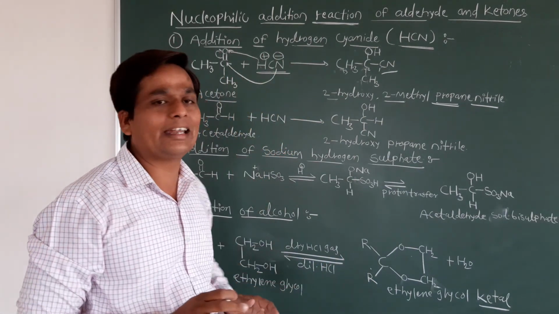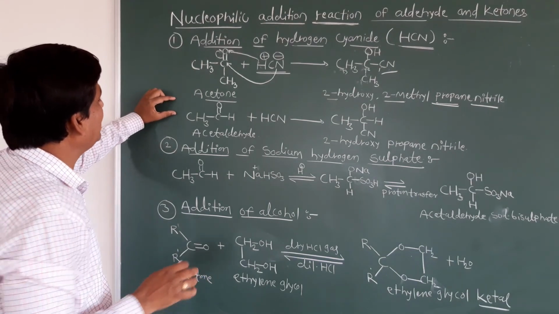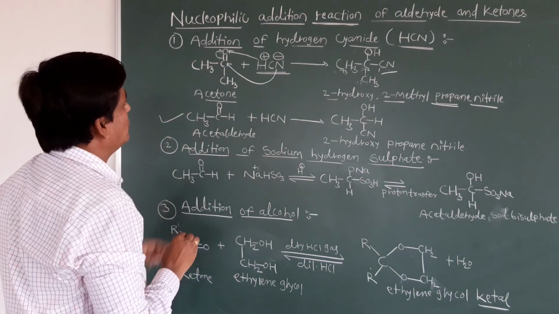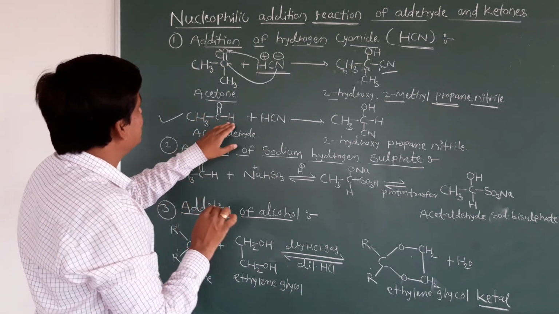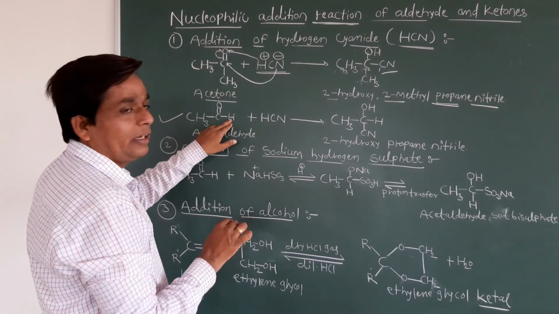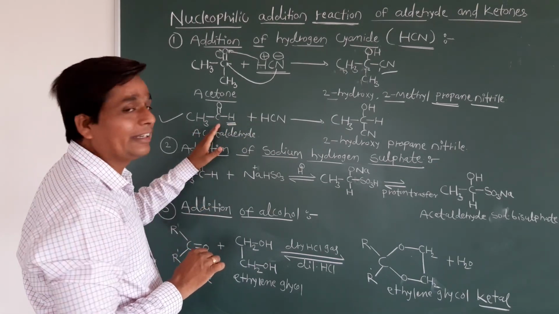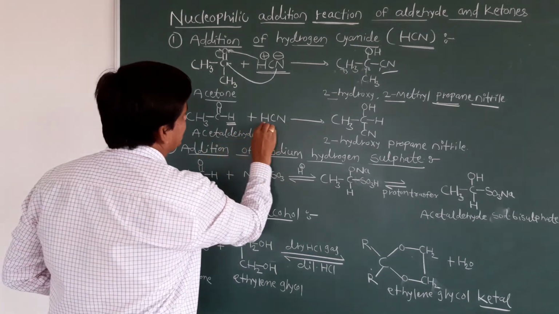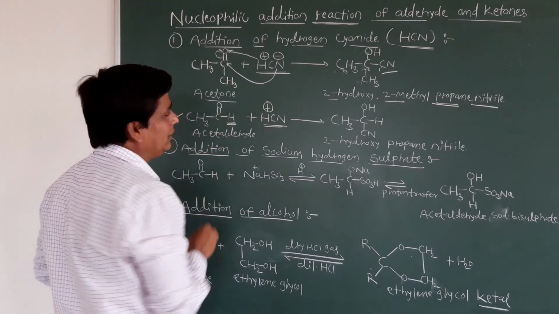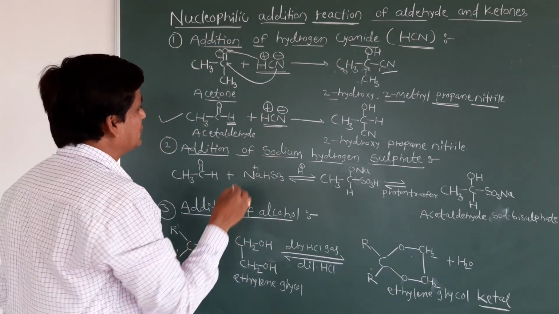So how this cyanide will add? We will see the second reaction. Here I have taken the example of acetaldehyde. Okay, the previous one was a ketone. The same reaction will be there. Instead of this CH3, we will just substitute a hydrogen. So it is an aldehyde. It is acetaldehyde, meaning it is an aldehyde group. What happens now? In the same reaction, this hydrogen carries a plus charge and this cyanide group will carry the minus charge. This is a nucleophile.